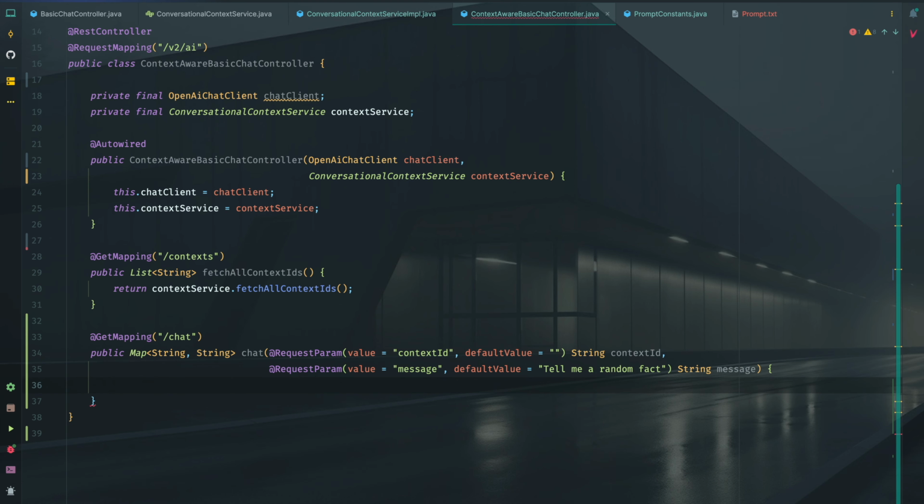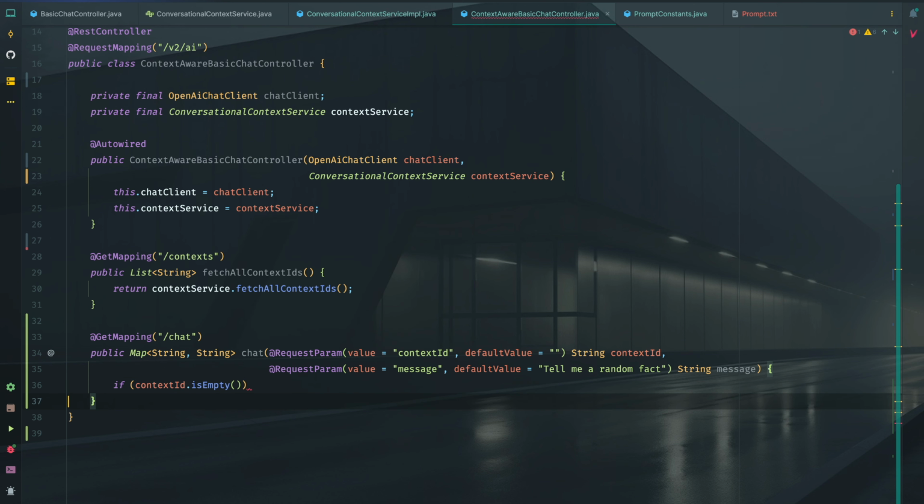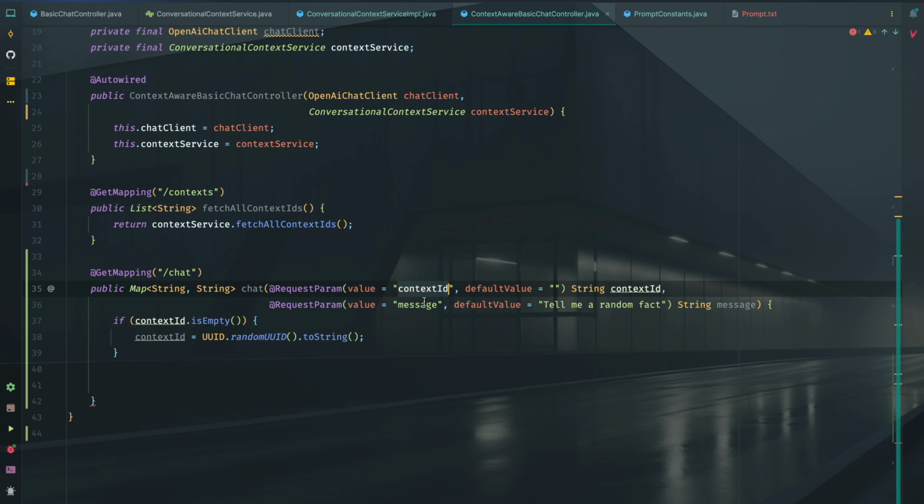So first thing to check while doing the implementation is if the context ID is empty. So is it empty? If so, then let's create a context ID right away, and we can use random UUID to string. Otherwise, if it's not empty, then we can simply use the context ID which is flowing from the API itself,